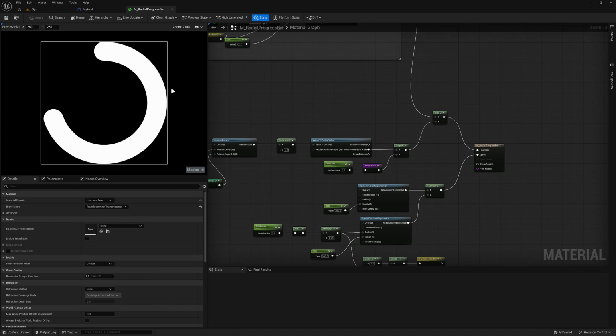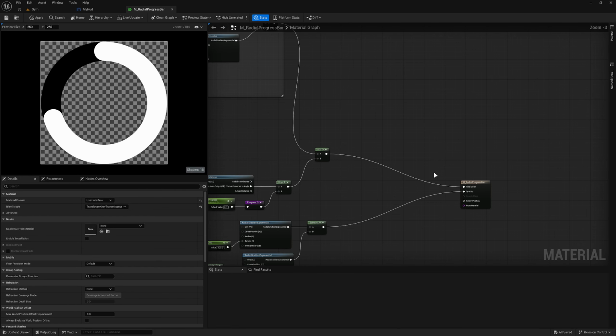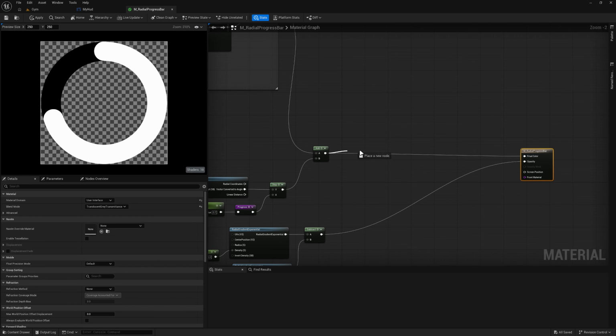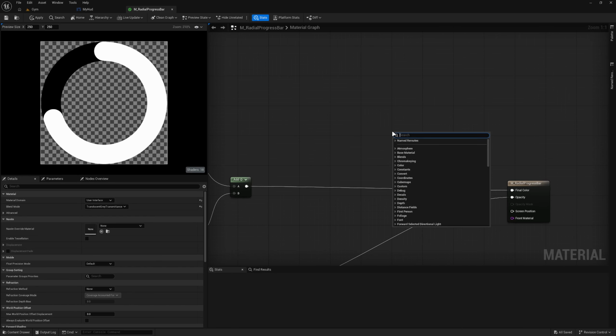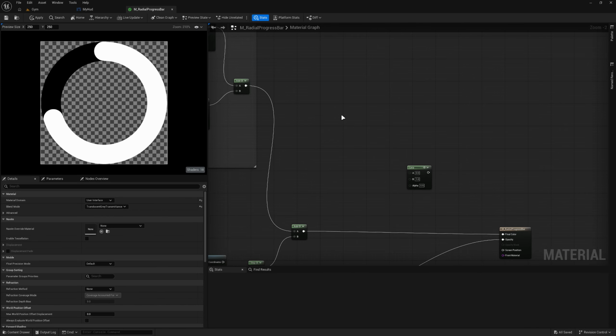Now let's add some color into there before we continue. I'm going to click the eyeball here, go to background, and make the alpha checkerboard rather than black, so you can differentiate the black from the transparent background. And for final color, since we have a black and white value, it's perfect for using a lerp between 2 colors. So if we get a lerp node and we get 2 colors,